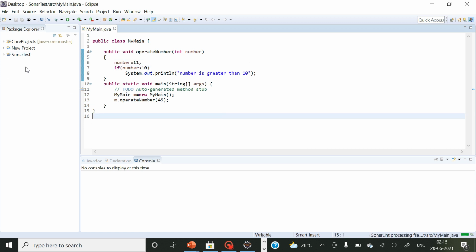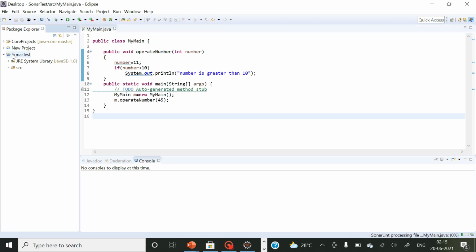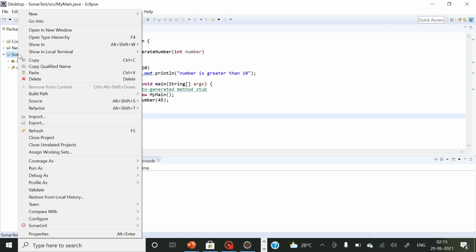SonarLint has been added to this IDE, and if I right click on my project, see, I can see over here SonarLint is added. It is a symbol that SonarLint has been added to your IDE successfully.